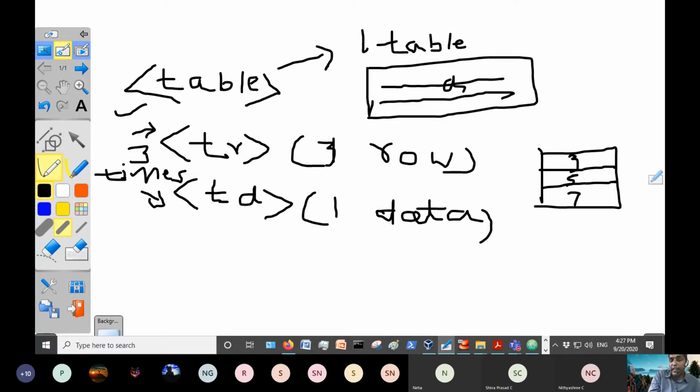In a table, we can have any number of rows or data. At least every table will have one row and one data, that means there will be one TR and one TD. That means the table will be only one, which will create one table. But within a table, we can have rows and rows, and every row will have data in it. So TD is used. Make sure that the table is closed with a closing table tag. Within the table tag, the embedded tags are TR and TD, and TR and TD also should be closed with their respective closing tags.